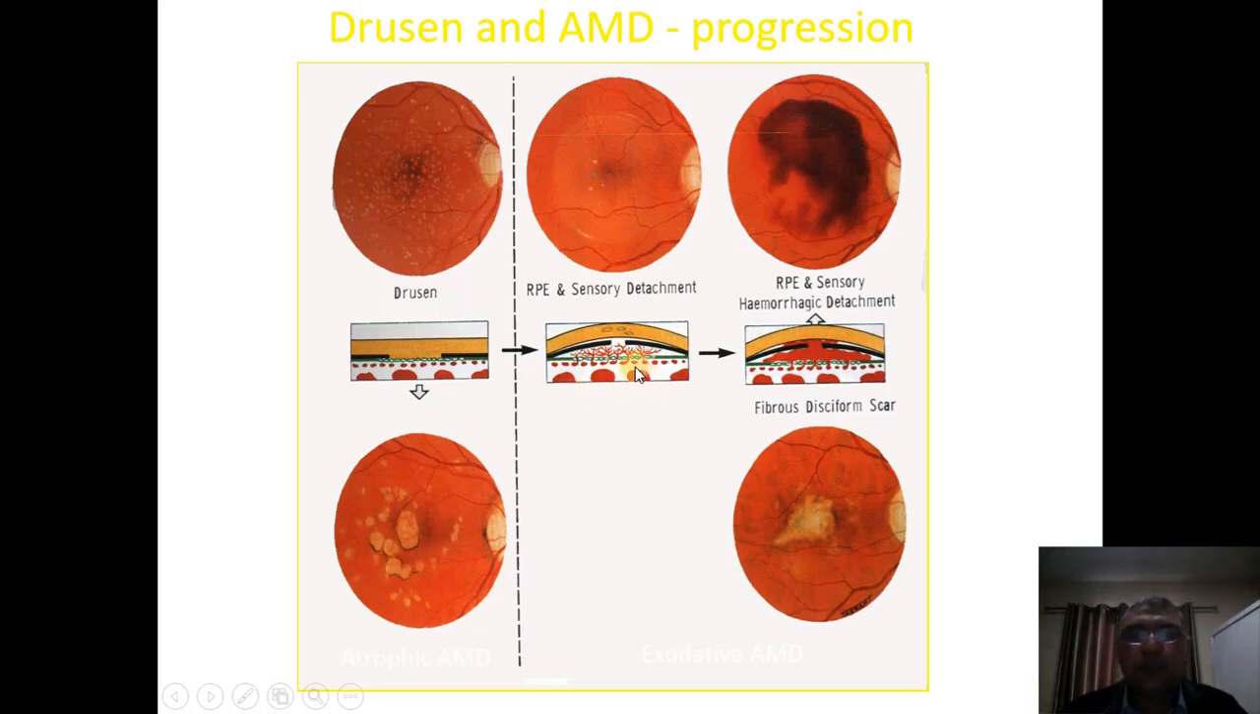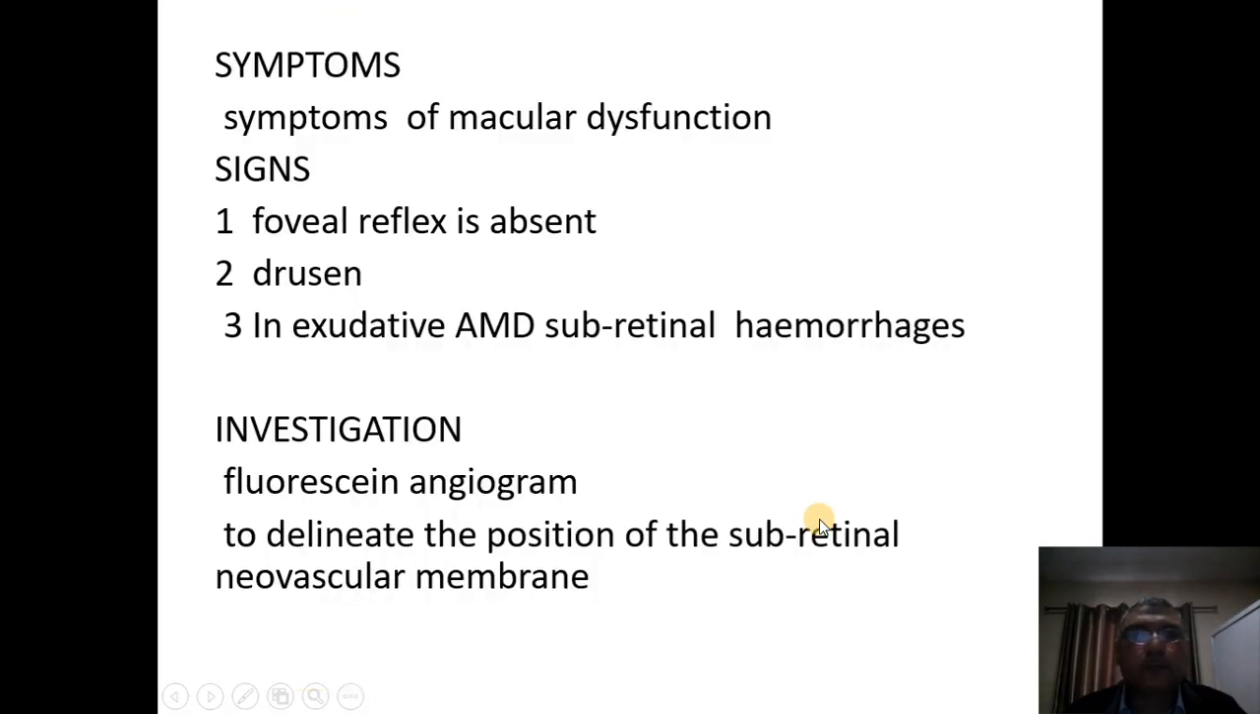Here is the wet type, where there is development of subretinal neovascular membrane with leakage of fluid and hemorrhage, intraretinal, preretinal, and subretinal. This hemorrhage will heal by scarring tissue in the macular area with damage of the macular area. Symptoms of these patients: there is dysfunction of the macula, symptoms related to macular dysfunction that we talked about, which are loss of central vision, metamorphopsia, and the last one, which is